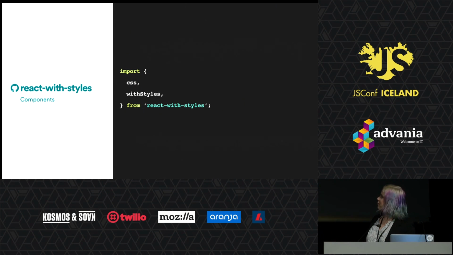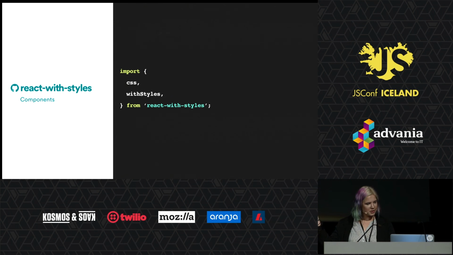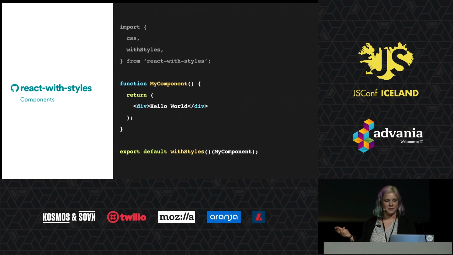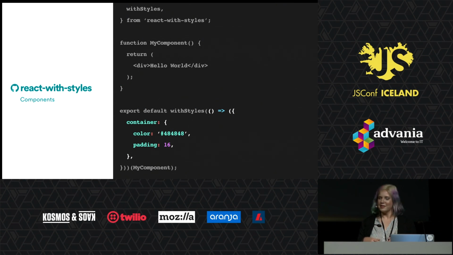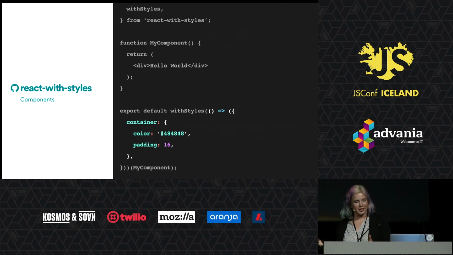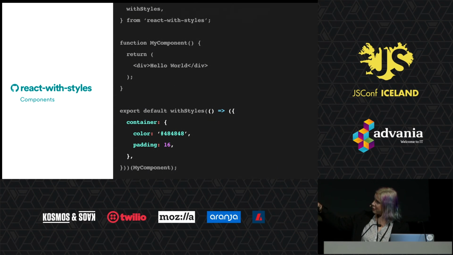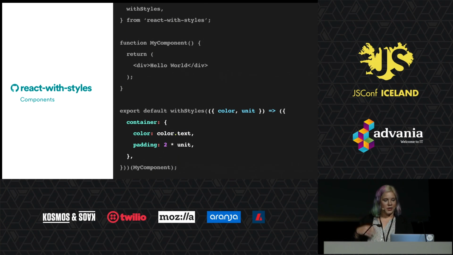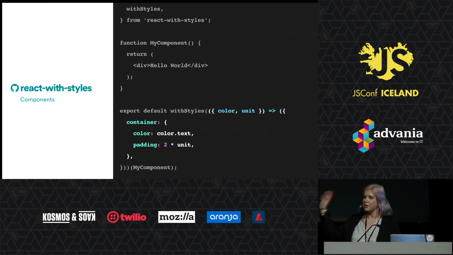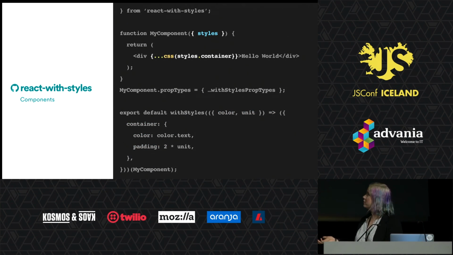So to write an actual component in this paradigm, you'd start by importing these two functions. And then components are defined the same exact way they always have been. But instead of exporting the vanilla component, you wrap it in withStyles. And styles can be defined in a very class-like manner. You can see the parity with how we were using Aphrodite before showing through in this wrapper. You can also easily reference top-level theme variables that you've defined, like color constants or units or responsive sizes, which is pretty neat. And then, because we've wrapped our component, we actually have those styles accessible to us as a